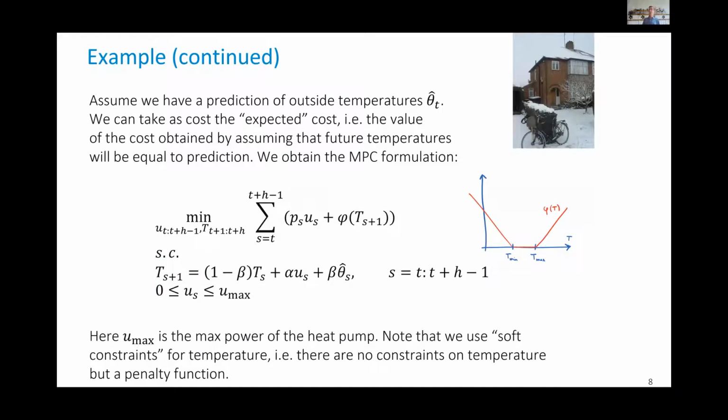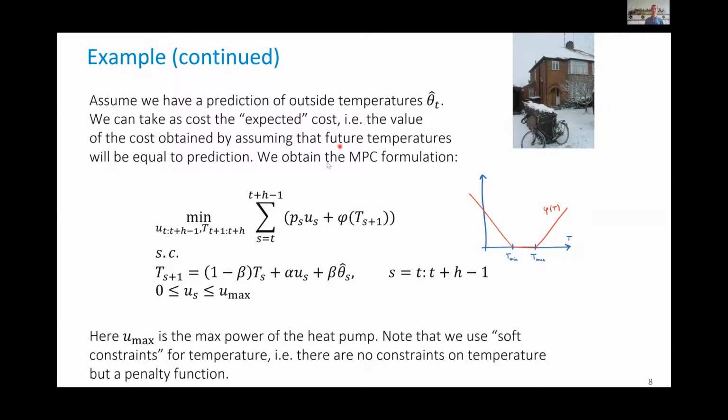So let's apply this MPC generic technique to our house. So the disturbance is the outside temperature. So we will need a prediction of the outside temperature. Here we don't need to be very accurate. What is most of the time done in systems that do control heating system is to simply look at time series of the past year. So you look at the average of the last 3 years on the same day of the year, and you will take this as your